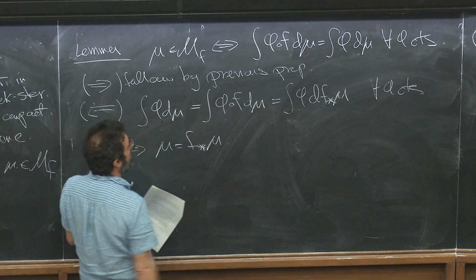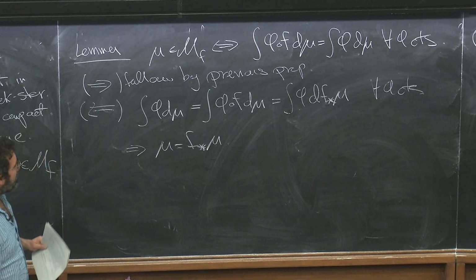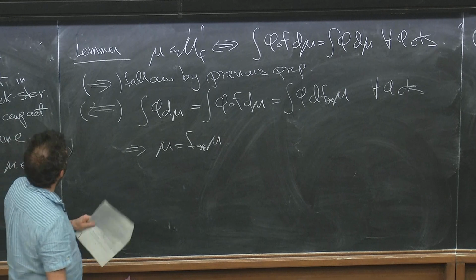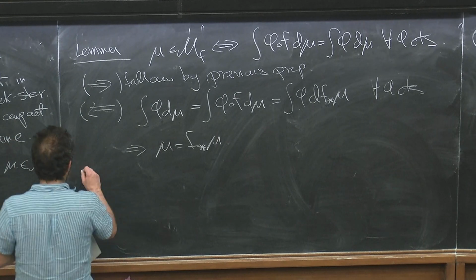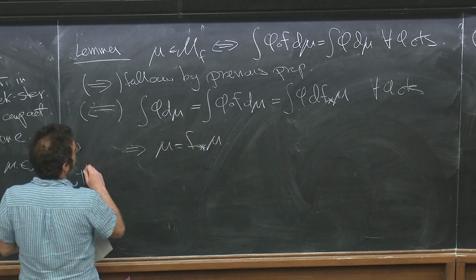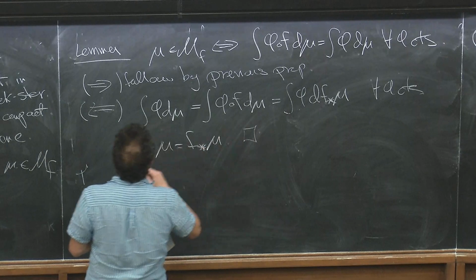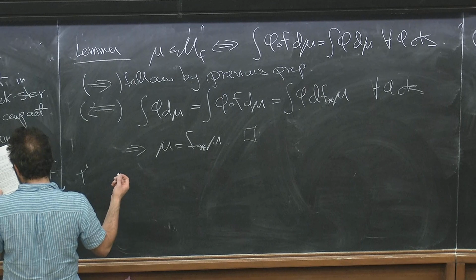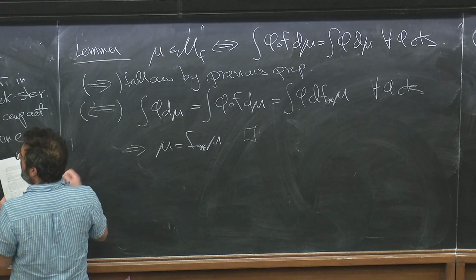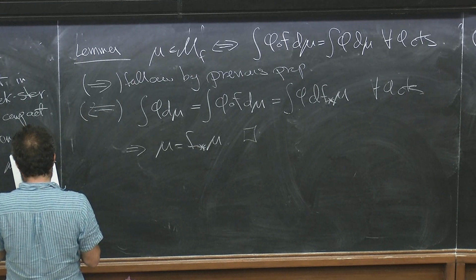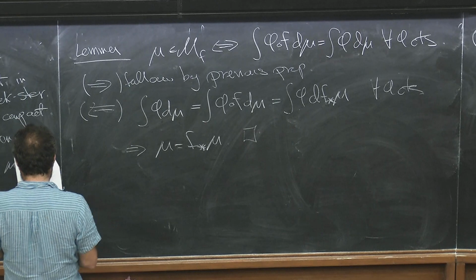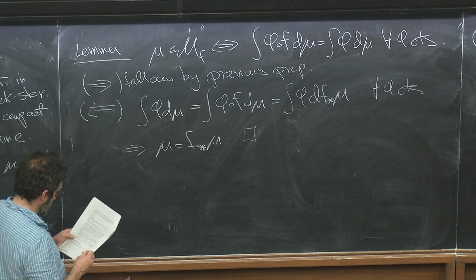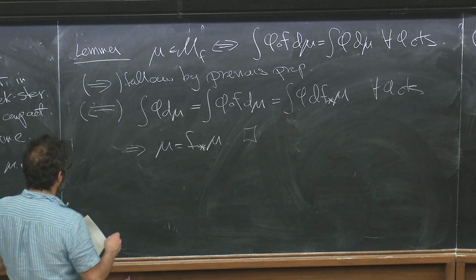Okay, the two measures are the same because they have the same integral with respect to all continuous functions. And therefore, this implies the lemma. And why does this give compactness? So to show compactness, let